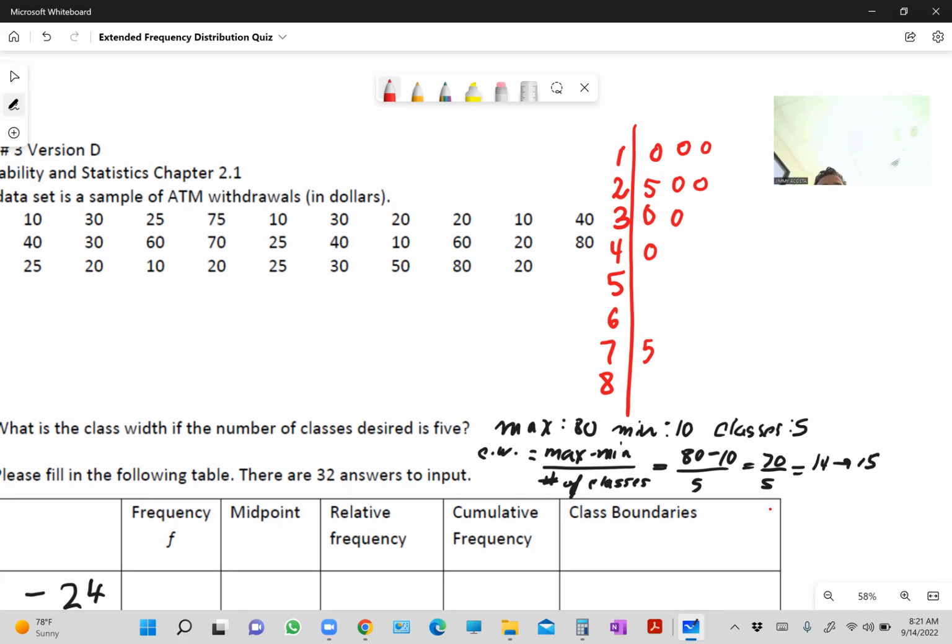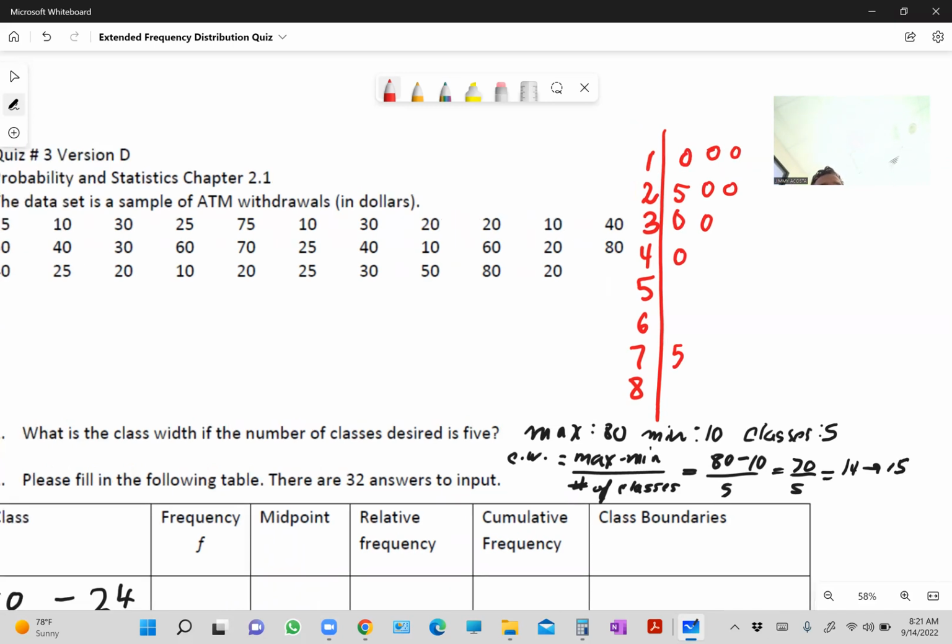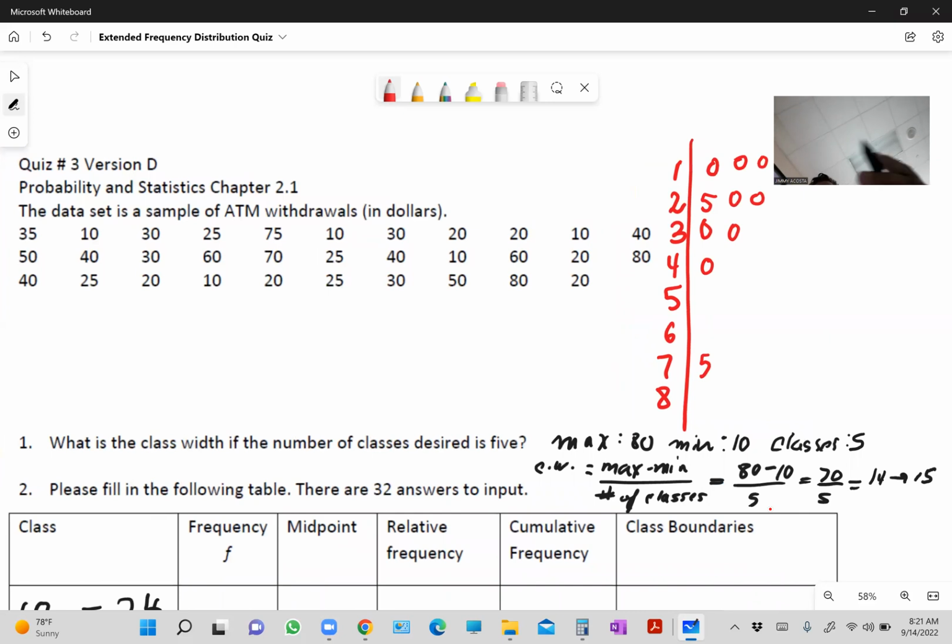Wow, that's lovely. I skipped 35 because it was the first one. I don't see it on my thing. All right, so let me go ahead and do this. It was the first number. There. So I have 1, 2, 3, 4, 5, 6, 7, 8, 9, 10, 11. 1, 2, 3, 4, 5, 6, 7, 8. 1, 2, 3, 4, 5, 6, 7, 8, 9, 10, 11. I got 11 numbers. All right, so we have 50,